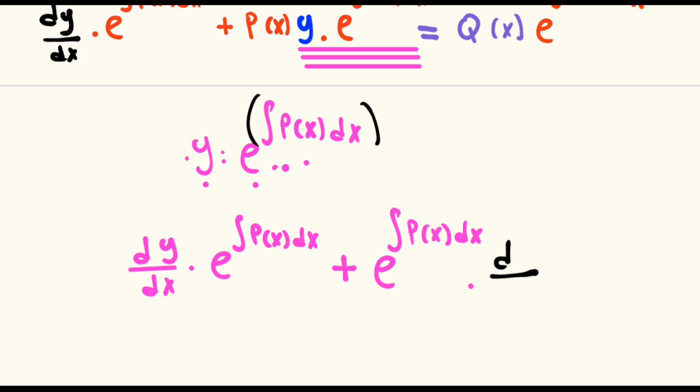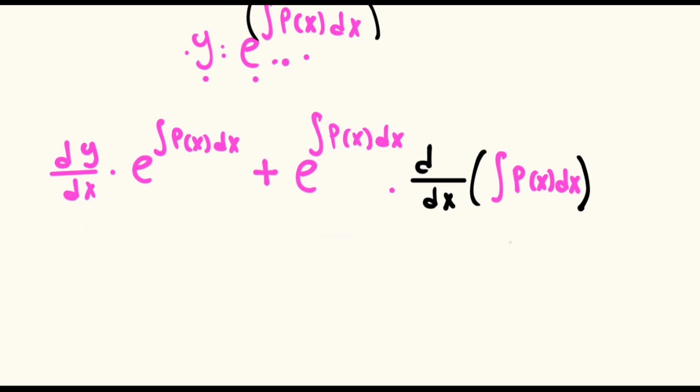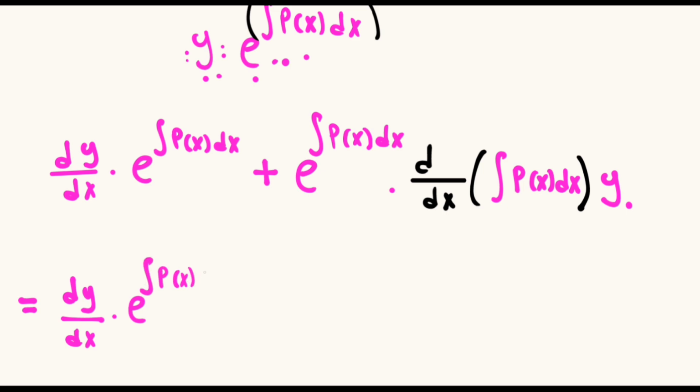So the derivative of the inner function, the integral of the p of x dx, and we have to multiply this by that y, and this will be equal to the dy divided by the dx multiplied by e raised to the power the integral of p of x dx, plus the e raised to the power the integral of the p of x dx, and the derivative of the integral of the p of x with respect to x will just be equal to the p of x. So the derivative of the integral of a function will be equal to that function, and remember we have that y,